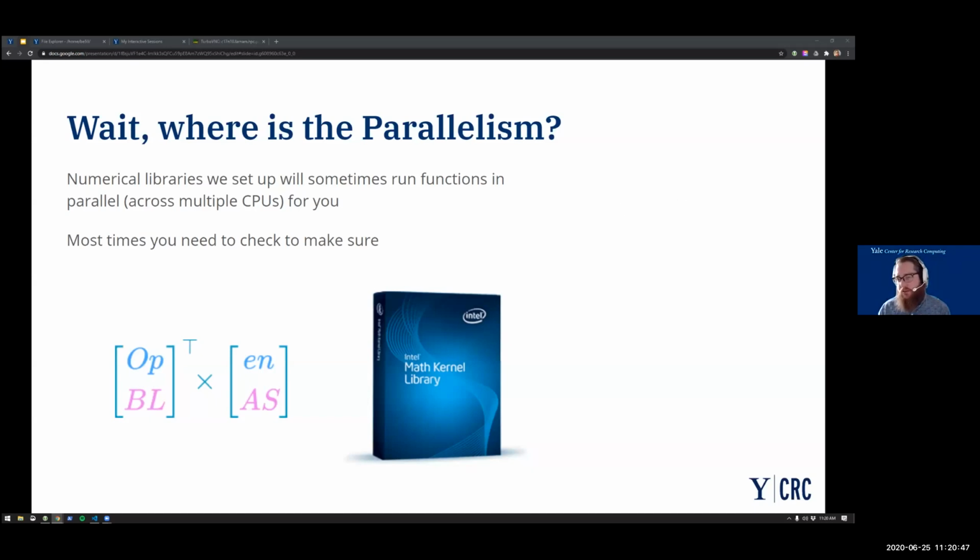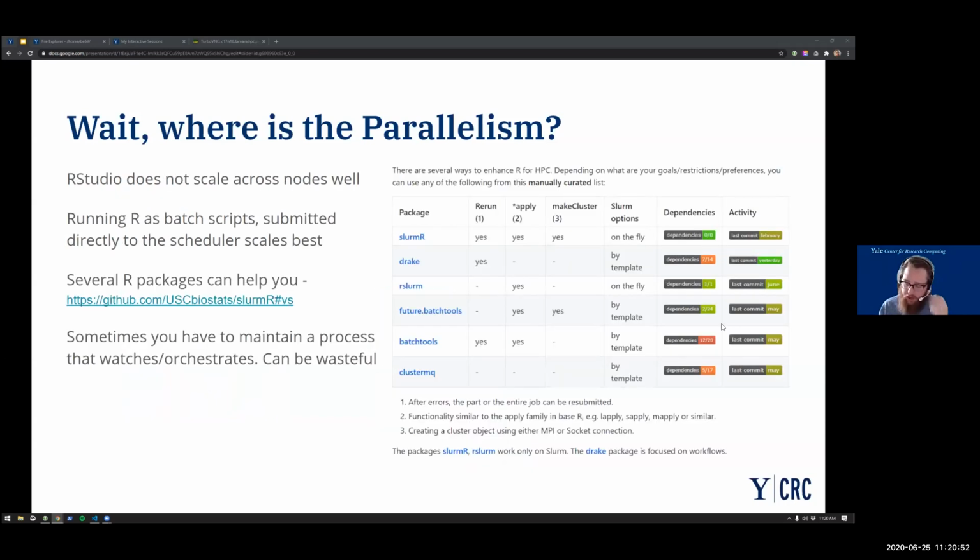I think that's all I have to say about that. The next step into parallelism that you could take, and we have a workshop that is a little bit more general about how to do parallel R, and then we could probably talk about having one that deals with some of these tools, but you can have R handle the parallelism for you. The issue that you'll run into probably pretty quickly, though, is that once you try and scale your R code off of one compute node, RStudio doesn't help very much.